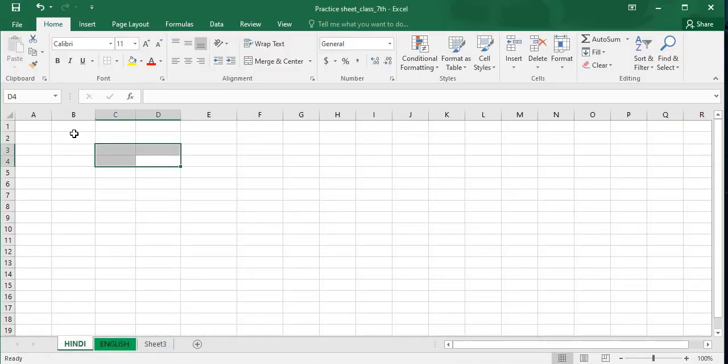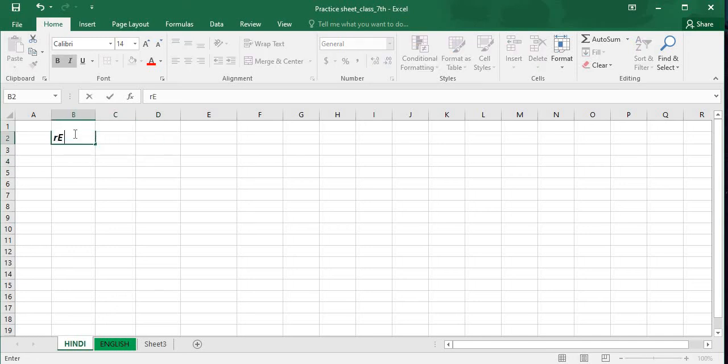So the first heading is registration number. Write down registration number with the help of the keyboard. Okay. Now with the help of the arrow key, we can shift the cursor to the next column, that is column C. Here we write the next heading, that is names, and with the help of the arrow key again shift the cursor to the next column, and here we write physics.